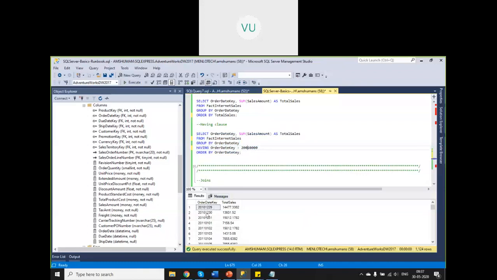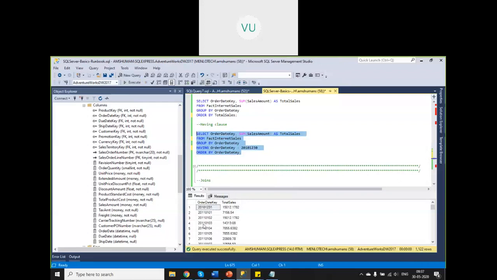Let us say greater than 101230. Now let us see how many records are retrieved. Okay, only 1122 records are retrieved.